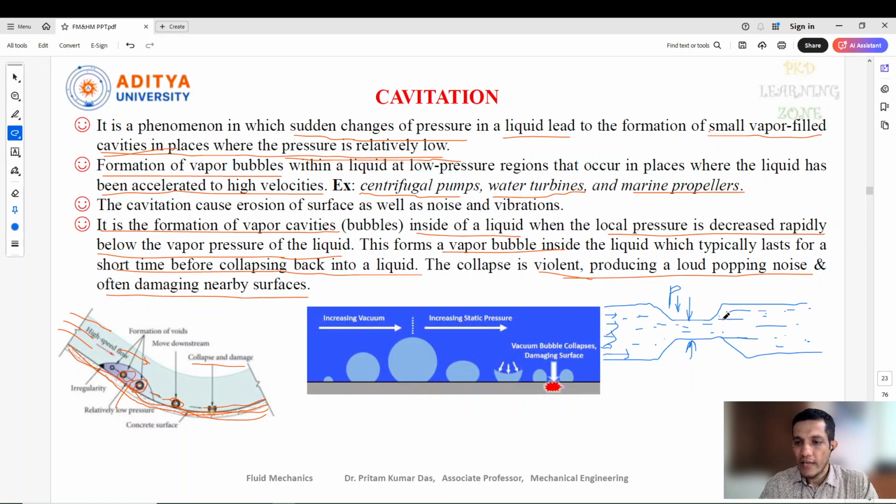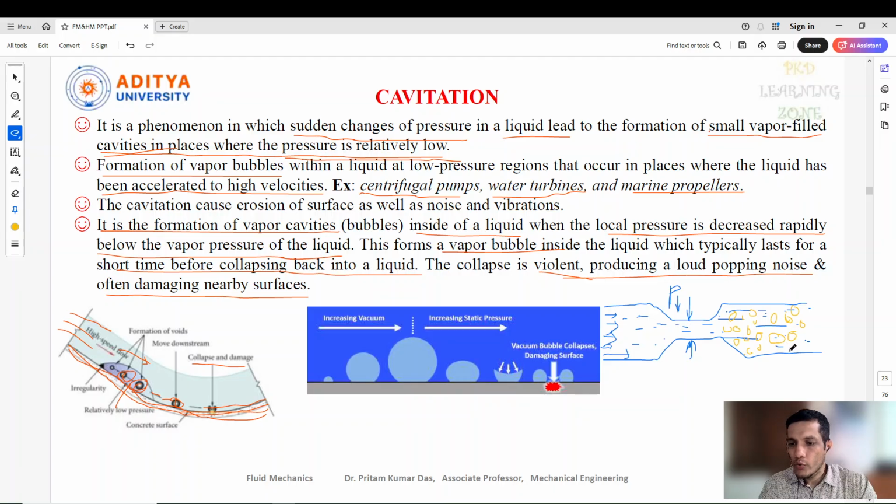Now these changes happen in this pipe. Due to that, there is a formation of bubbles. This is the formation of cavity bubbles. These bubbles will flow along with the liquid, and after that suddenly they are going to increase in size. The bubble size will increase, and after a few moments